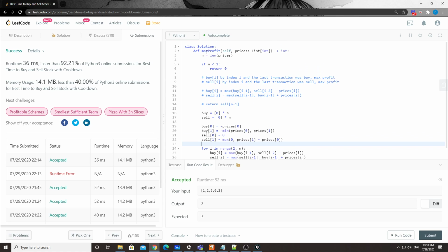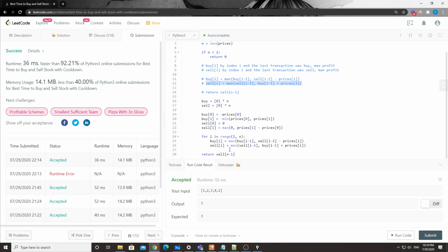So remember, for all these kinds of buy and sell stock problems, at least for me, always try to use this buy and sell list first, then come up with the state transition functions, and in the end, always sell the last one. Okay,